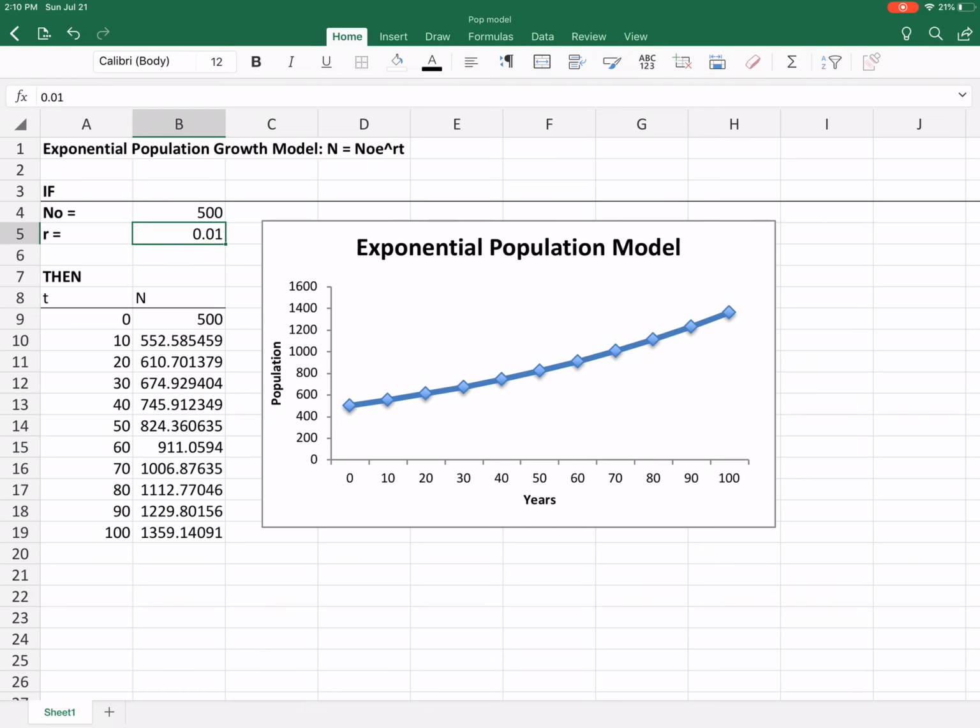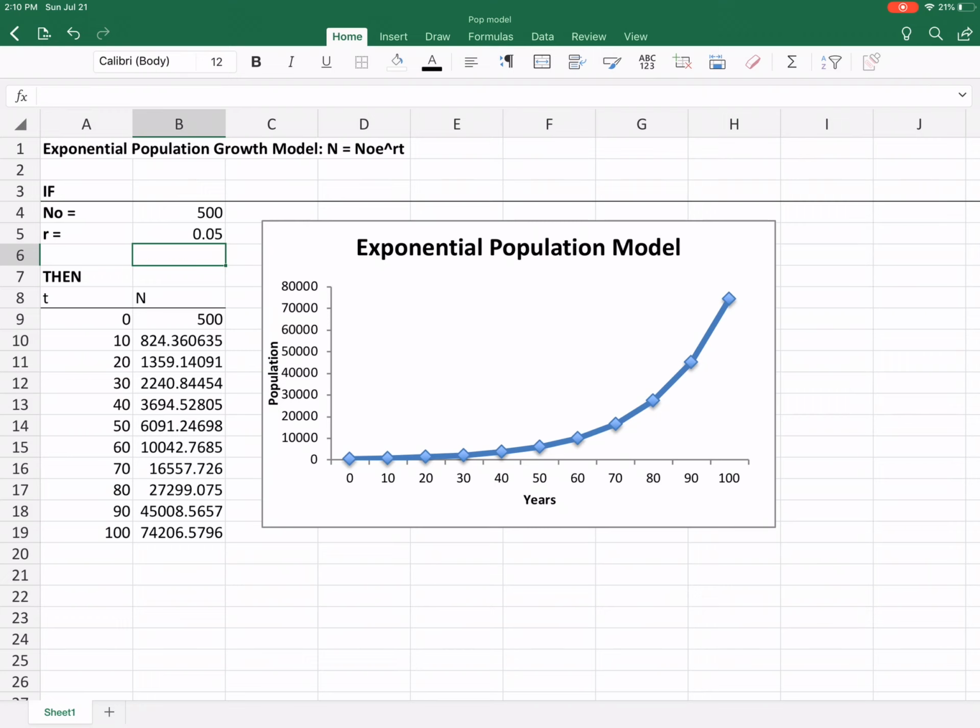Or for example, let's say that I realized I got the population rate wrong. It's not 1 person being born for every 100 people, it's actually 5. Then I can go ahead and change that and update what the population rate is and see how that affects the population over 100 years. So you can see that the model really is just this equation that we're going to plug numbers into. And to use this analytical model, we have to have a really good idea of what these 2 parameters are, the population growth rate, the birth rate, and also the initial population. Without these 2 numbers, the population model is not going to work, and it's kind of useless for us.